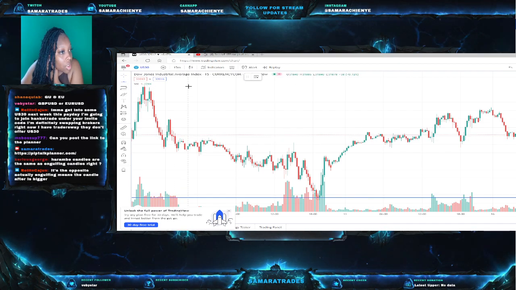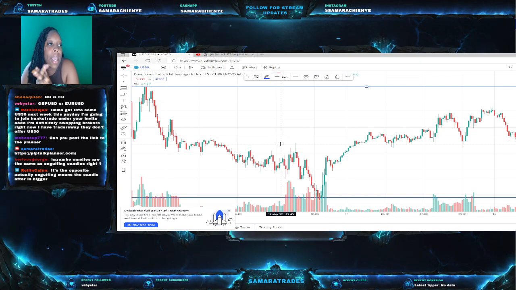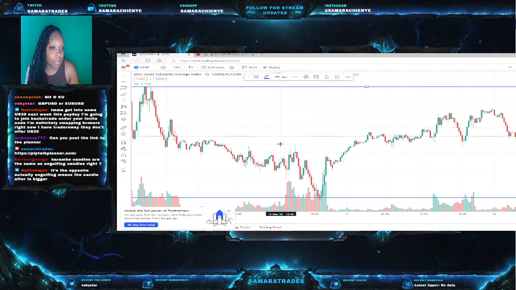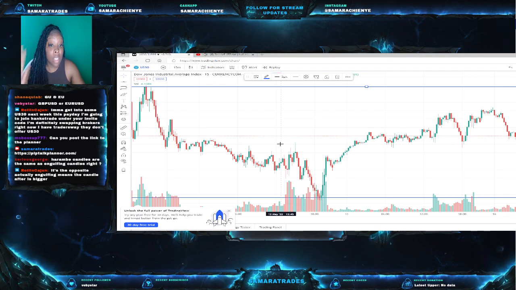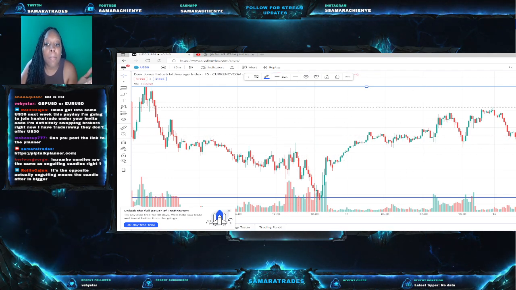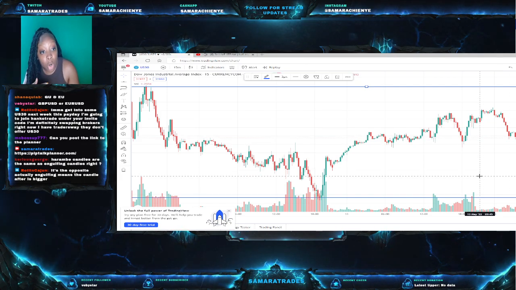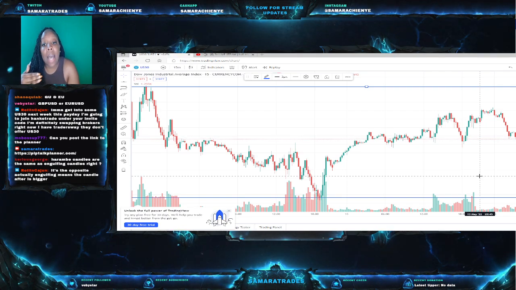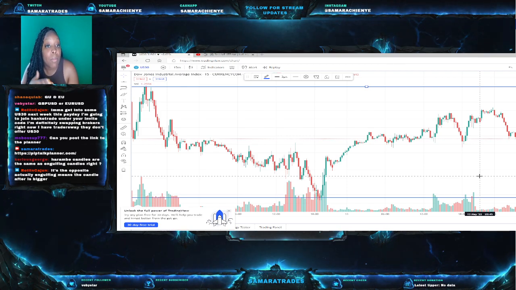All right. So I always try to complete a big, spacious resistant and support line. That's my main goal. As you guys can see, y'all see where the market is at, right? The market is here. So since the market is here, I'm going to now create more support and resistance lines to where the market is at, because I want to make sure that I'm able to get profit.